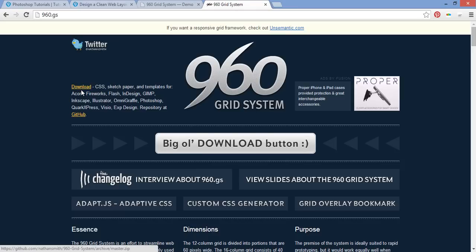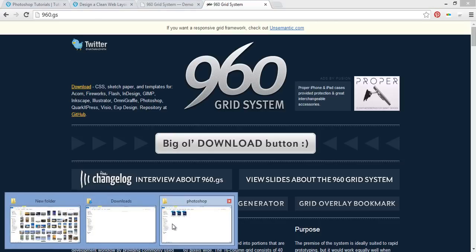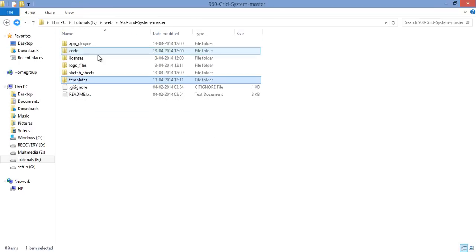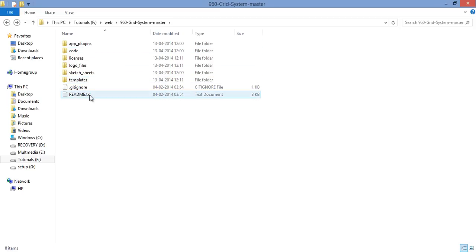On the left side you will get Download, then you can download the file where CSS and all mentioned software files are available, and I will show you the available files in this folder. So these are the folders in this download segment, and you can use all of these in your web designing.